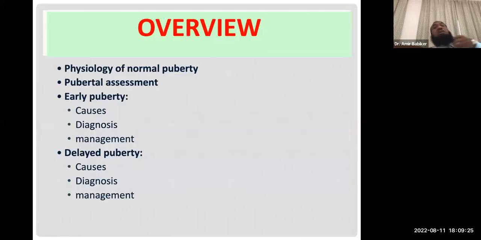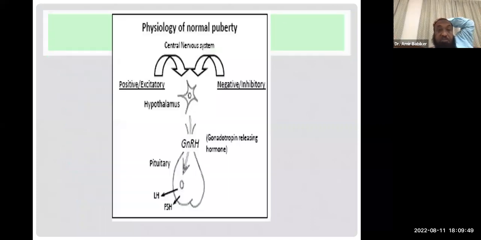ممتاز. طيب ال abnormal puberty approach هنا بيعتمد على إنه to understand the physiology of normal puberty and then how to assess the puberty and then the deviation is either early or delayed. So you need to know في ال early causes, right? Or diagnosis, how you make the diagnosis or management. Right? Etiological. في different ways of classification there. طيب let us see. أصلاً normal physiology إنه في central nervous system control. طيب on the hypothalamus and then the hypothalamus has got a control on the anterior pituitary.